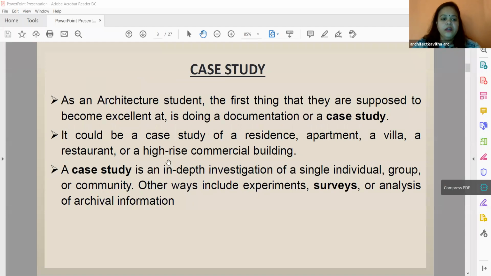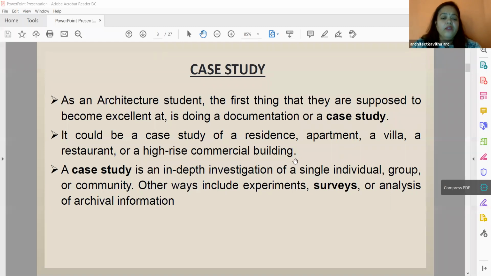As I told, as an architecture student, it is very important for you to document or do a case study. That is the very basic need. Even as a draftsman, you need to have a case study in hand before going into any project. It could be a case study of a residence, apartment, villa, restaurant, or a high-rise commercial building. It can be anything.